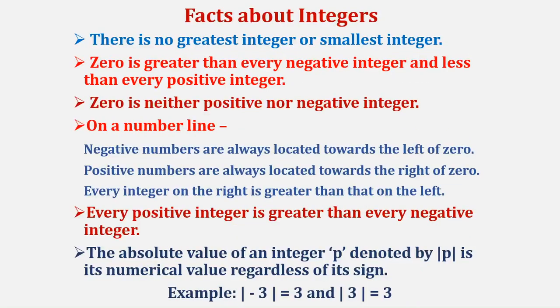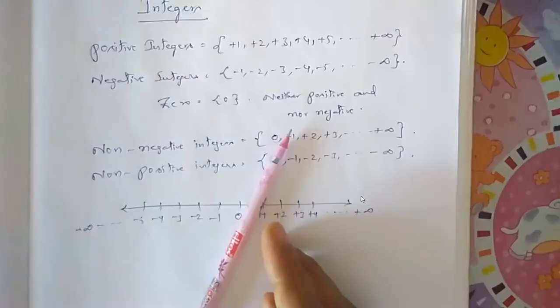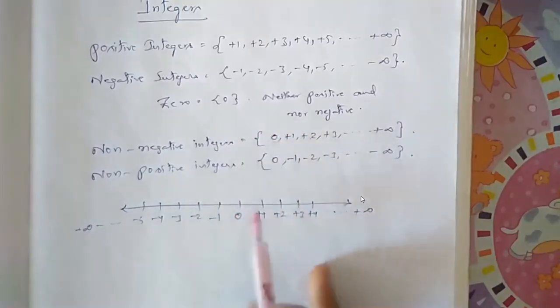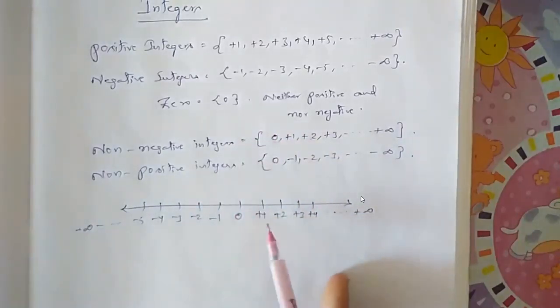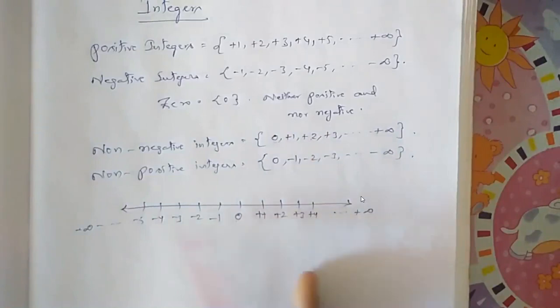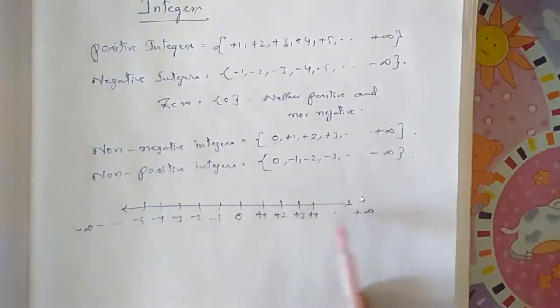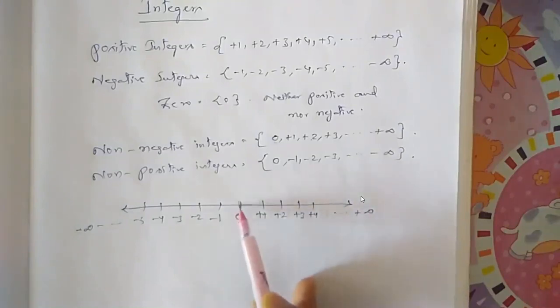going to the next slide, which is: 0 is greater than every negative integer and less than every positive integer. So here you see, observe one more time this number line. 0 is greater than every negative integer and less than every positive integer because it is in the center of